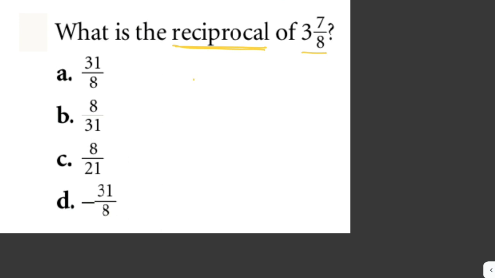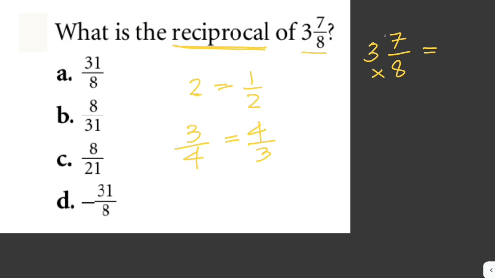Say for example, you're given 2, the reciprocal of that is 1/2. Or if you're given 3/4, the reciprocal of that is 4/3. Now we're given 3 and 7/8. We have to convert 3 and 7/8 into an improper fraction. So this would be 8 times 3 plus 7. So 3 and 7/8 is just equivalent to